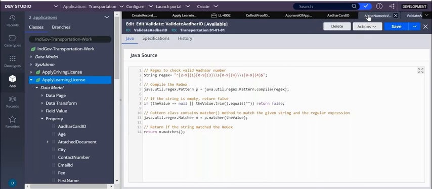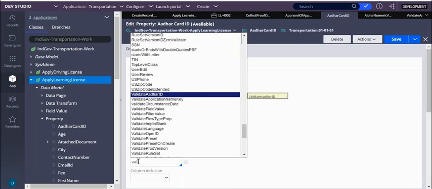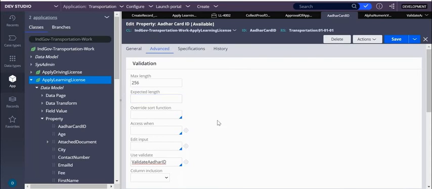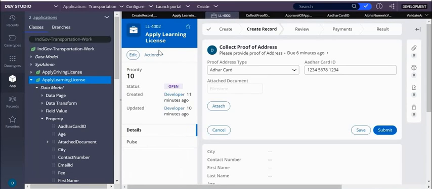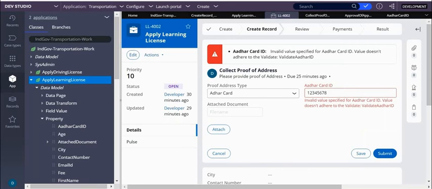Now you go back to validate Aadhaar card. How many characters should it have? 15 expected. Save. Can you run this now, or can we refresh this? Okay, can you see?